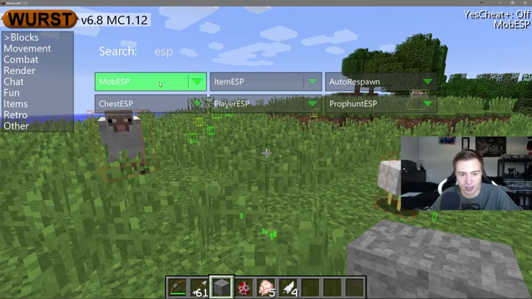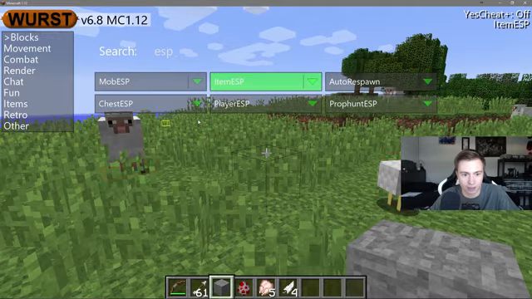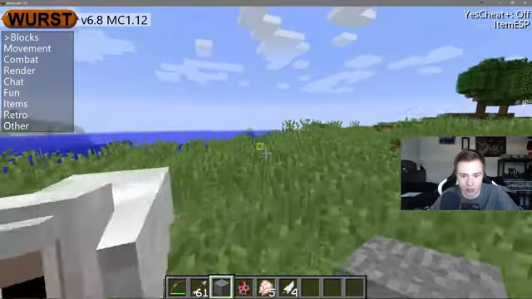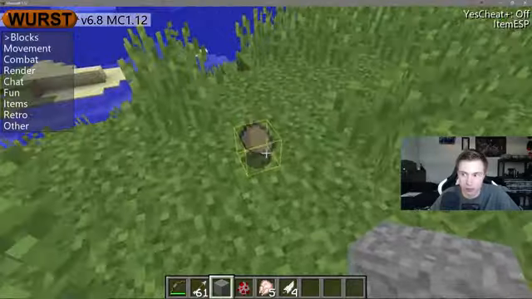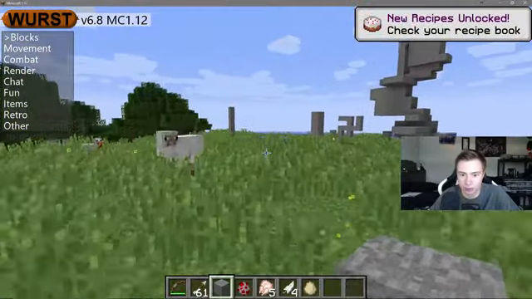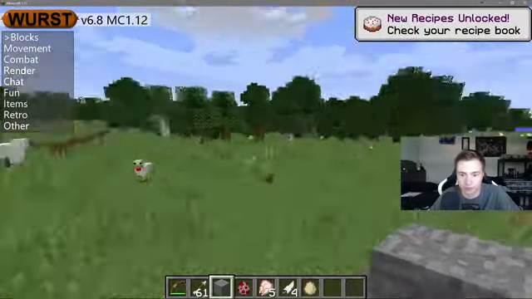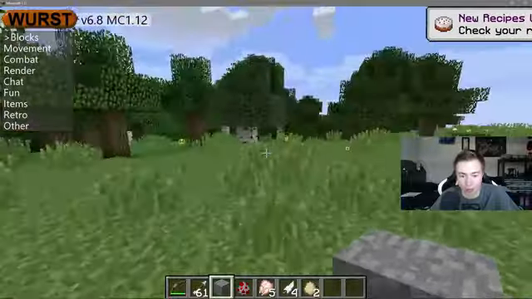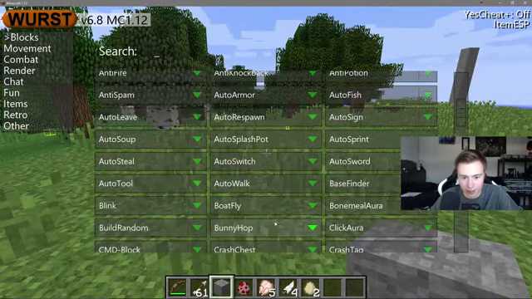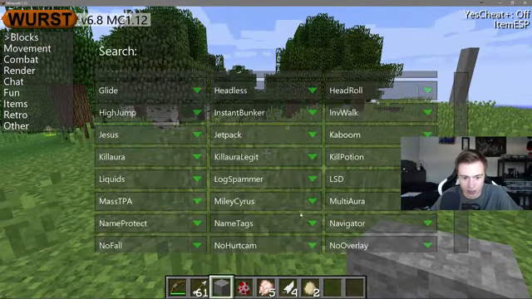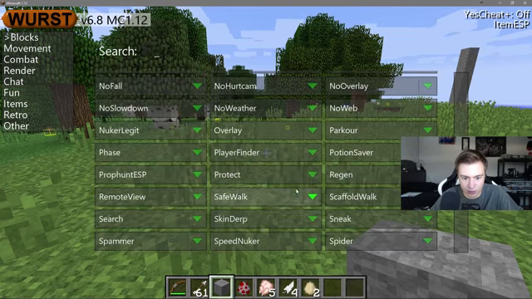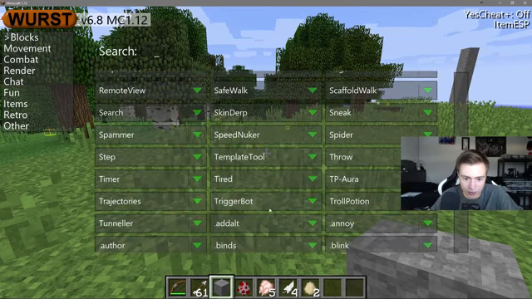But if you turn on item ESP, you can see something is highlighted over here, and it's an egg. So it'll show you what these items are, where they are. And that is pretty much it. The ones I would advise using anyway